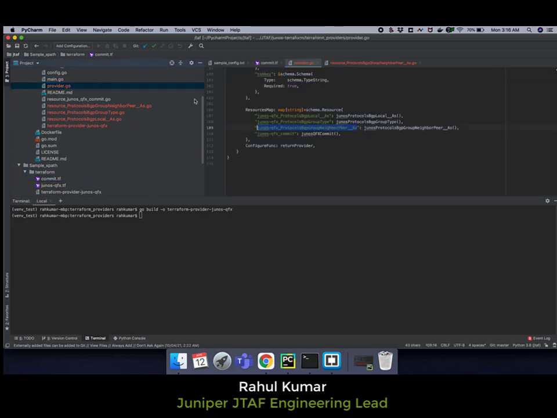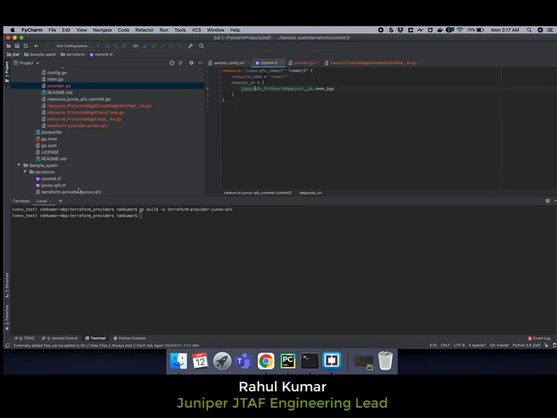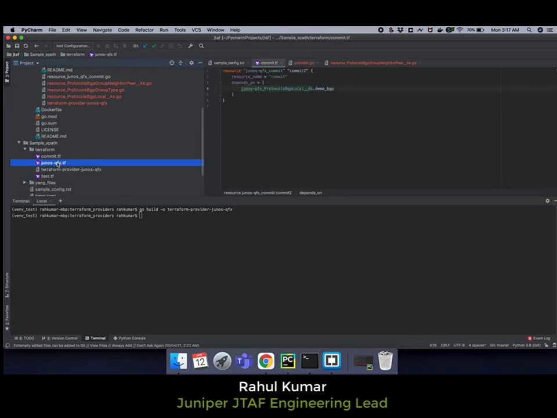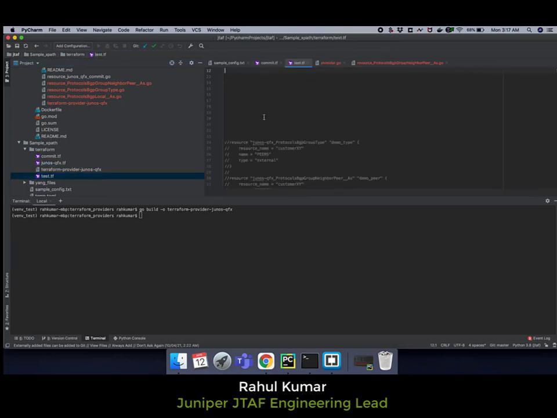If you see provider.go, these are the file names that need to be configured in the test files. So commit.tf is Junos QFX commit. Similarly, Junos QFX.tf has device related details like the IP address, the username, and the password. Then test.tf has the test configuration.